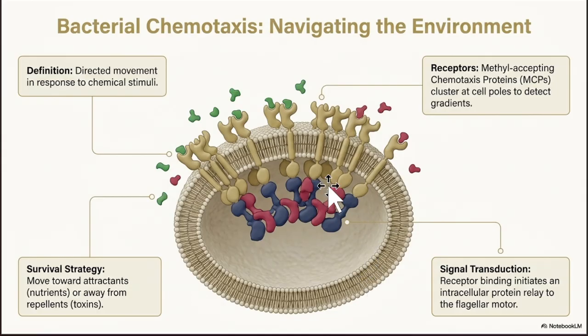What is bacterial chemotaxis? Taxis. Its definition is directed movement in response to chemical stimuli. What is the receptor? It is a methyl-accepting chemotaxis protein which clusters at the cell poles to detect the gradient of the signal. Then the receptor binding initiates intracellular proteins related to the flagellar motor. After signal binding, the receptor activates